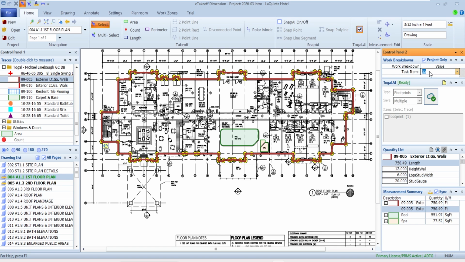I'm also going to give it a task item. When I group this in my estimating, I'll call them off in the order I'm doing them, so I started with walls exterior. These are the variables for my estimating: what's the height of that wall, the stud width, the gauge? If I hover over them, a little help box pops up with whatever information is in there, and I can answer all the different questions associated with the wall.